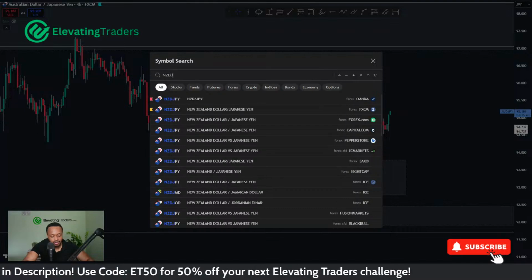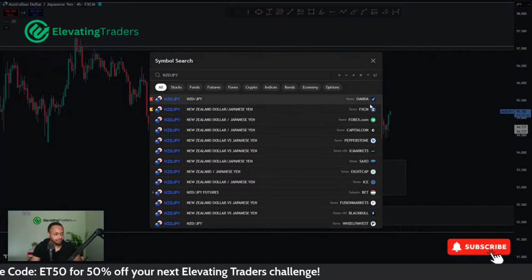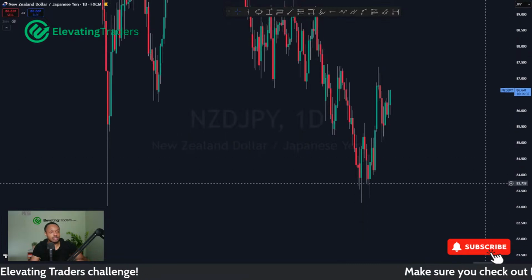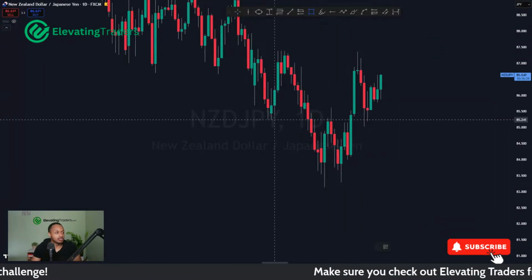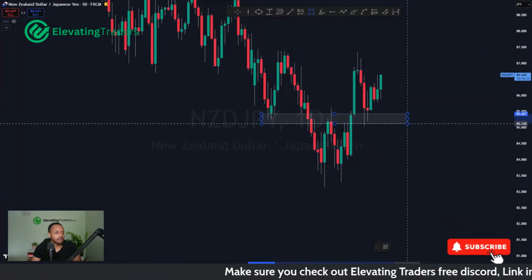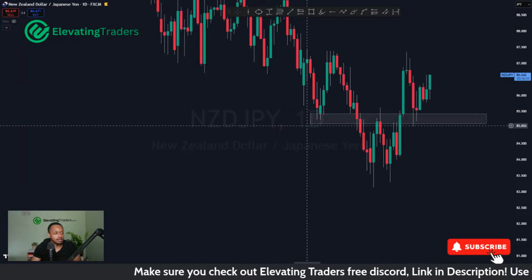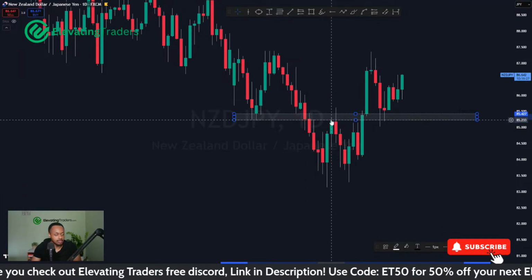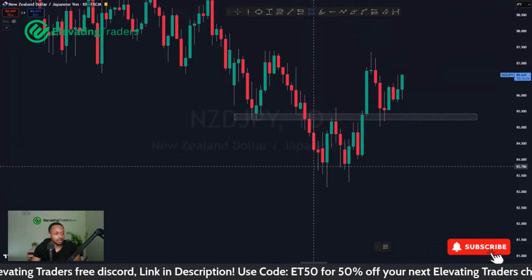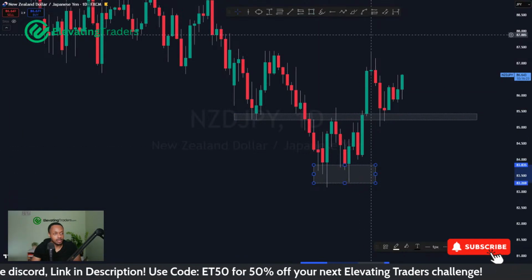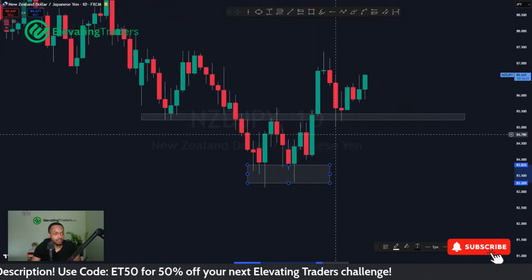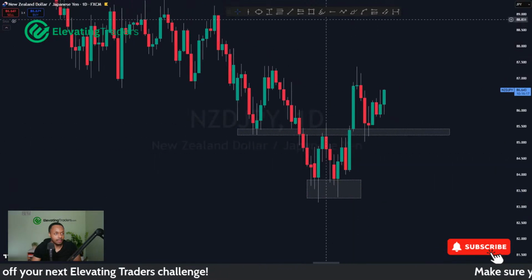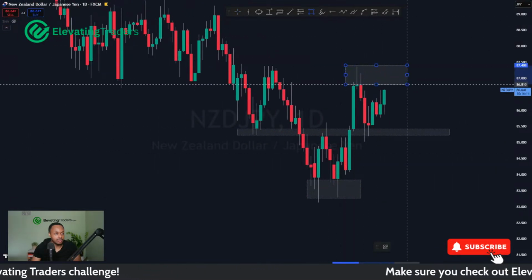New Zealand yen, this one looking pretty bullish as well. If I go to the daily chart, again, solid resistance holding as support here. Well, it was acting as support previously over here on the left. It flipped as resistance, gave us a nice double bottom down here. Then price broke to the upside, came back for a retest. Lovely wicks to the downside, and now it looks like we're trying to see the continuation of that. Again, at least back into resistance there.